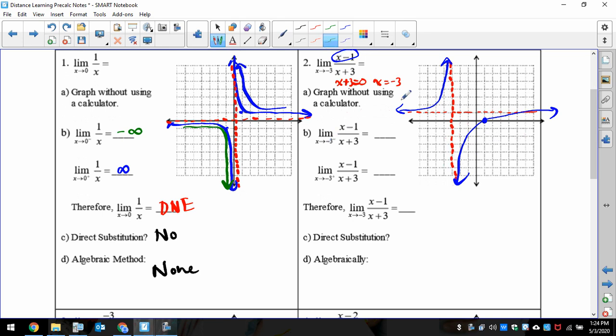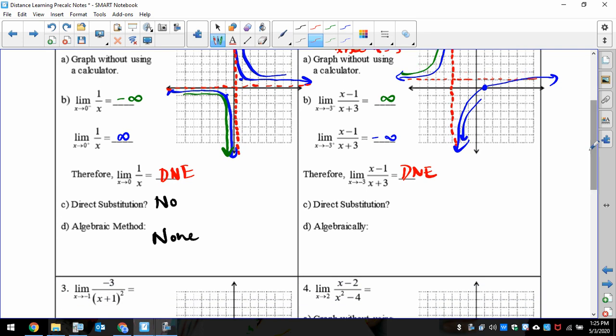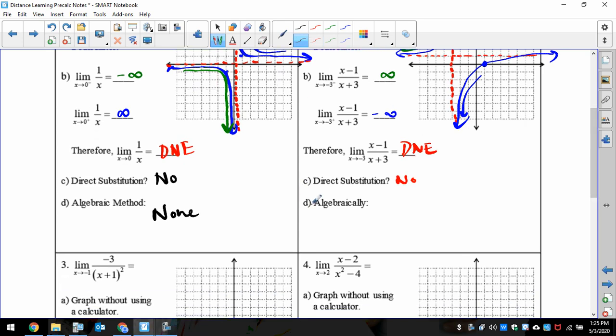From the left side of -3, like that, the graph is going up to positive infinity. And from the right side of -3, that's going down like this. That's going down to negative infinity, which means that this final limit is simply just D and E, because the left and right hand sides do not meet up. And no, you cannot directly substitute, but there is an algebraic method, or more like an analytical method, like the previous one. So if I take the limit as x goes to -3 from the left of x minus 1 over x plus 3, you want to think about plugging in a number like